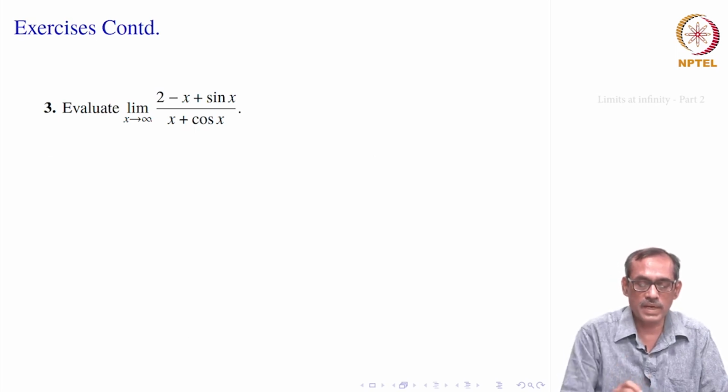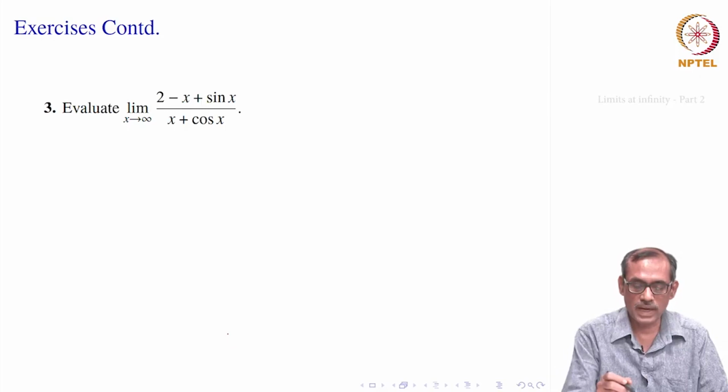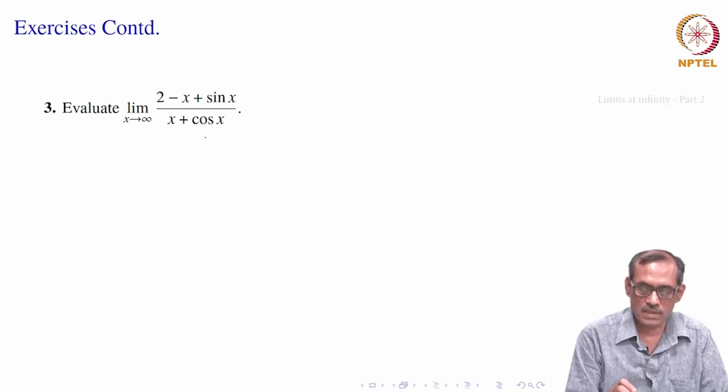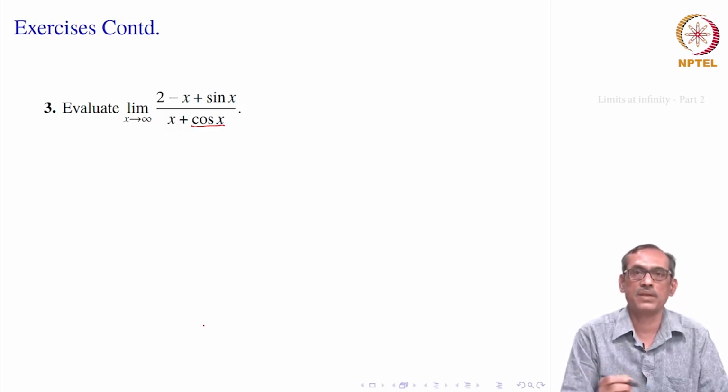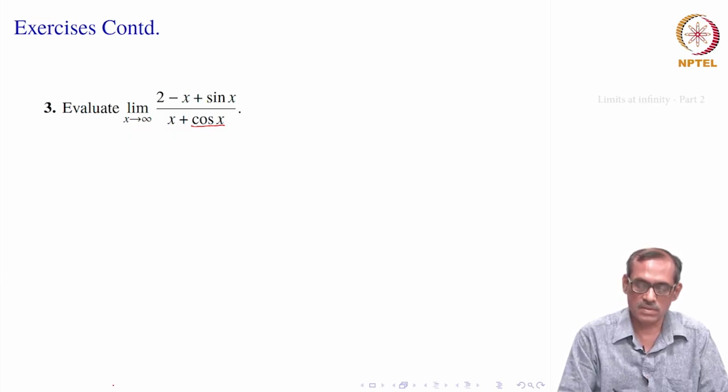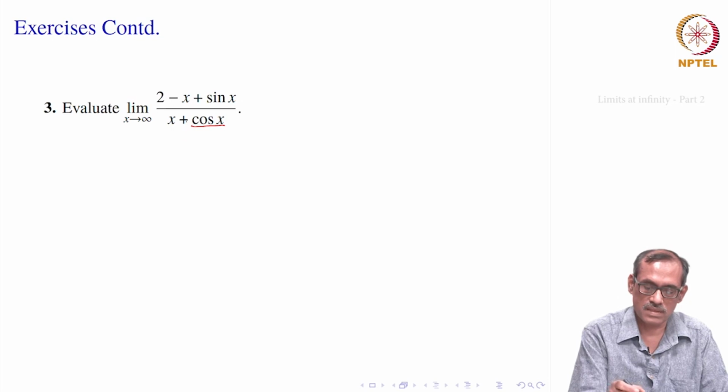This says evaluate limit x goes to infinity (2 minus x plus sin x) divided by (x plus cosine x). Now, look at this whether this is alright. Cosine x can vary between minus 1 to 1, but x can be very large. So, x plus cosine x can vary between x minus 1 to x plus 1, that is also large. So, this makes sense, it is not going to 0 of course, it is becoming very large. On the top similarly, it becomes very large also, minus x plus sin x, but in the negative direction, right, minus x will dominate sin x.